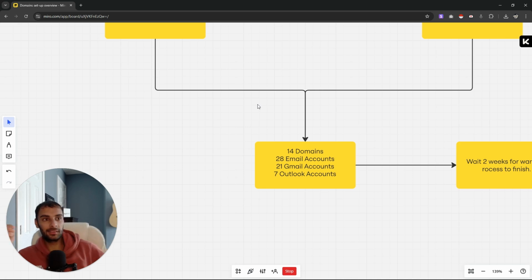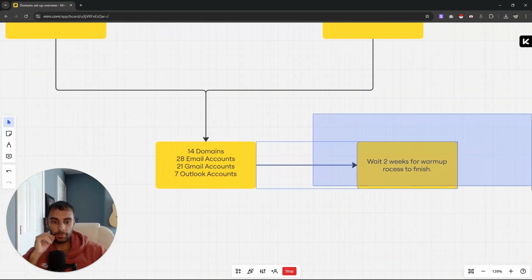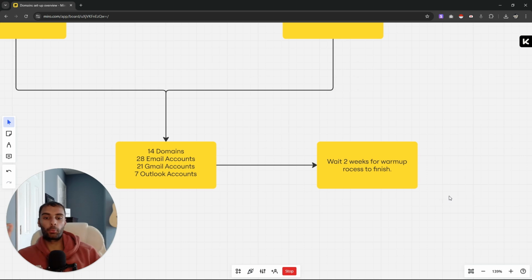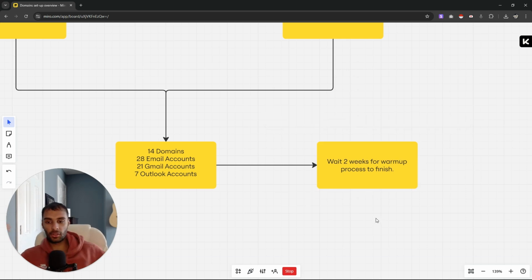I'm not going to get too much into detail on how to go through this Outlook crisis, but still buy Outlook, still use Outlook, but prioritize Google first and make that your major one, right? Then once you've bought those accounts, you're just going to wait 2 weeks for the warm-up process to finish, and apologies for the spelling error here, but in case you don't know what warm-up is,